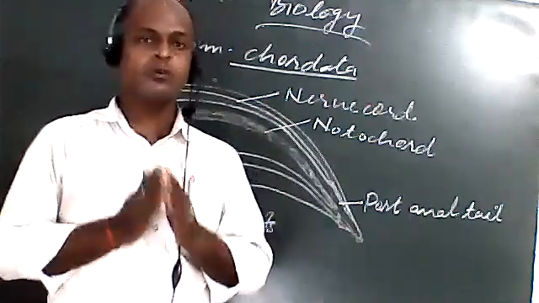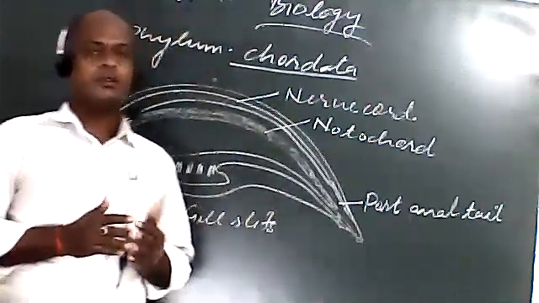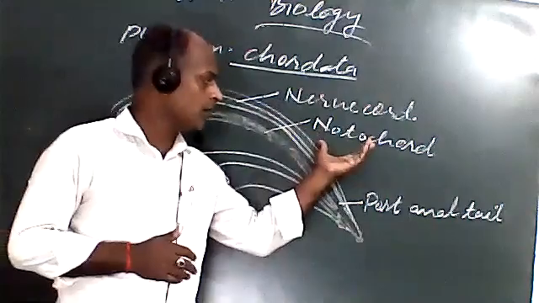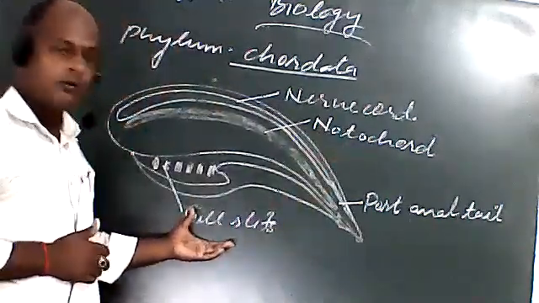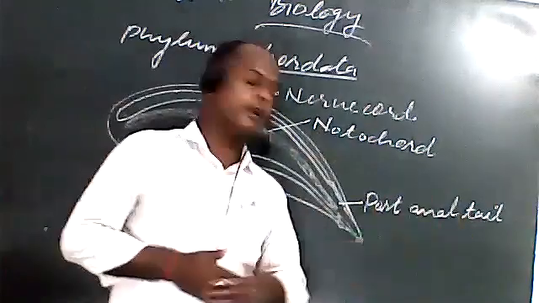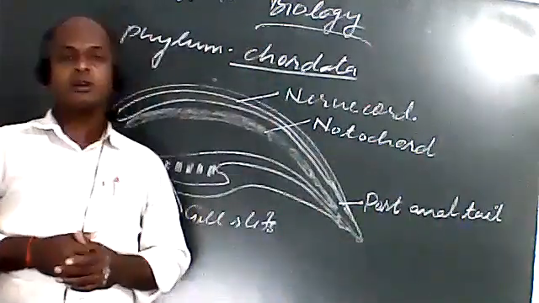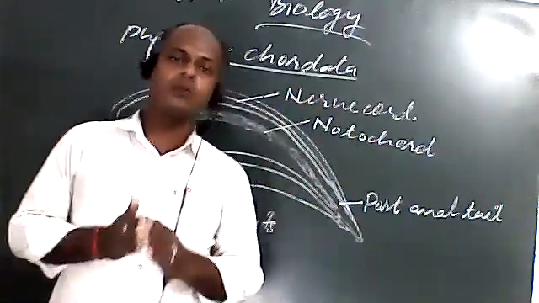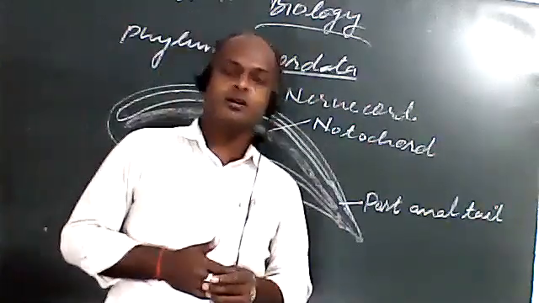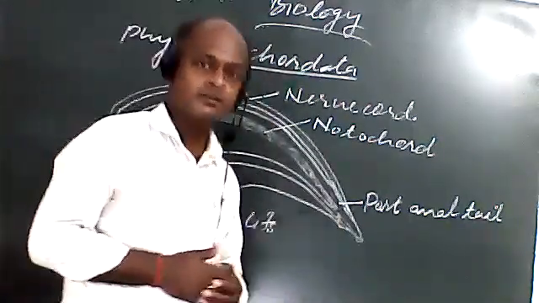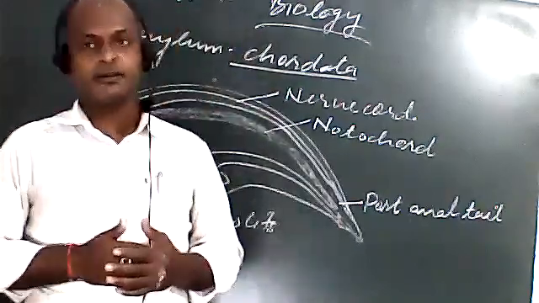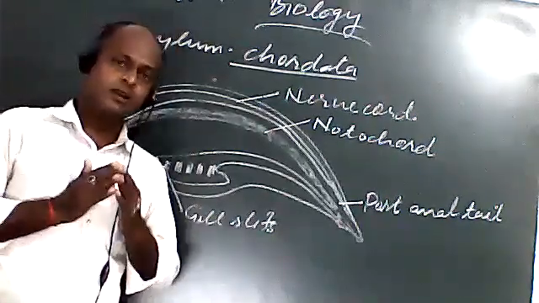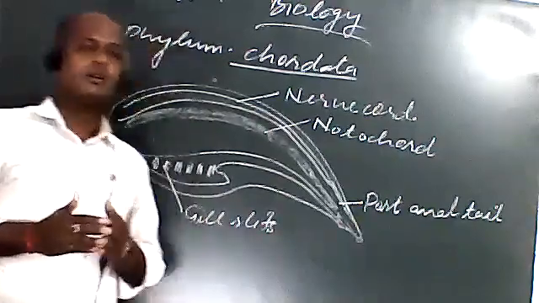And chordates are those organisms in which there is complete development of the nerve cord, development of notochord, gill slits are also found, and there is the presence of a post-anal tail. Now we have to study how these differ. We have studied that nerve cords are found in other organisms also. Then how is the nerve cord found in chordates different from other organisms categorized under non-chordates?